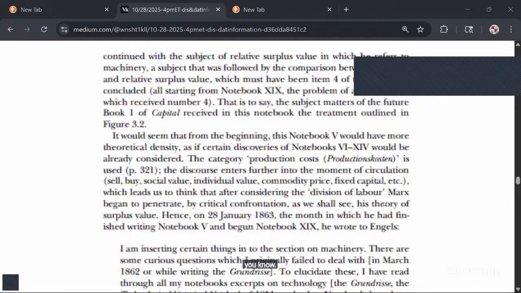How does it kind of manifest itself? And if it manifests itself as an abstraction, how, quote unquote, material might that abstraction be? All right, anyway, hence, on 28 January 1863, the month in which he had finished writing Notebook 5 and begun Notebook 19,